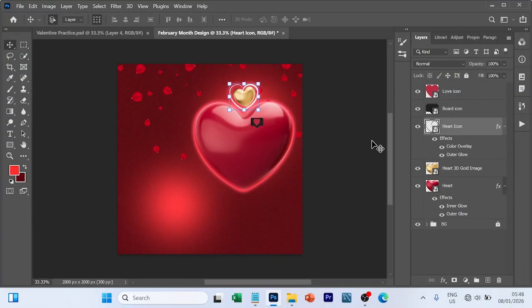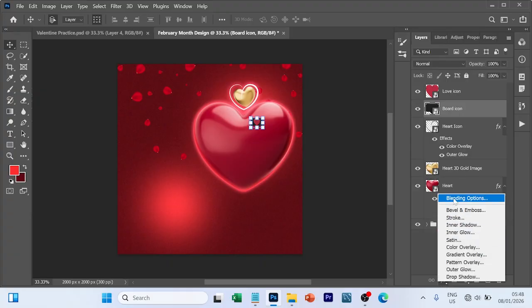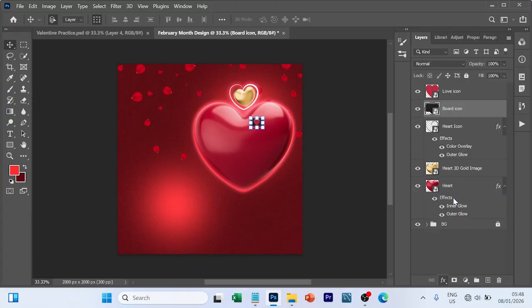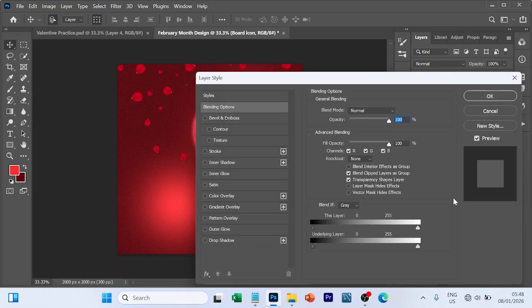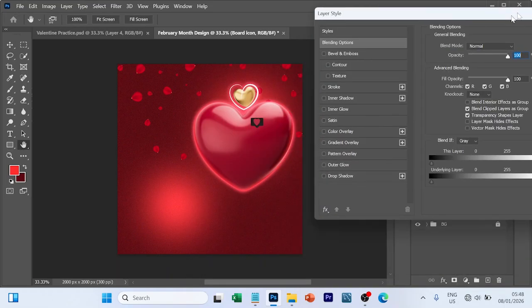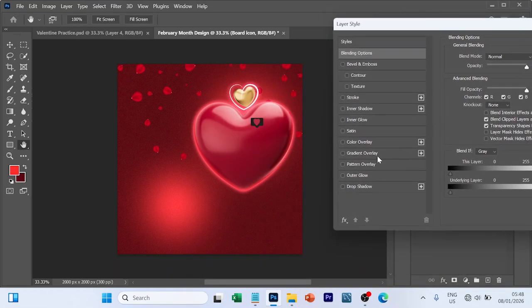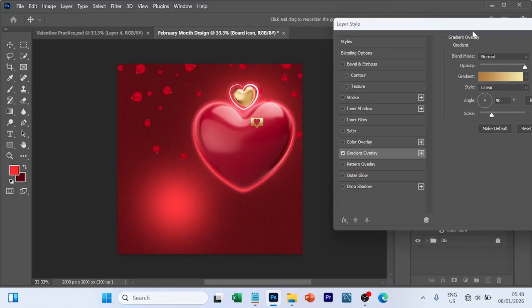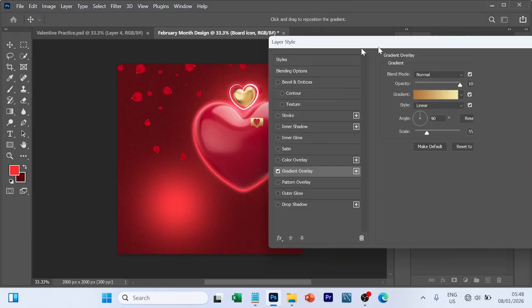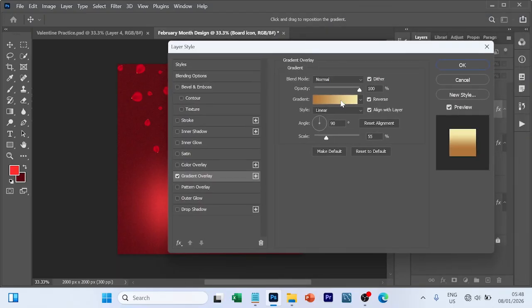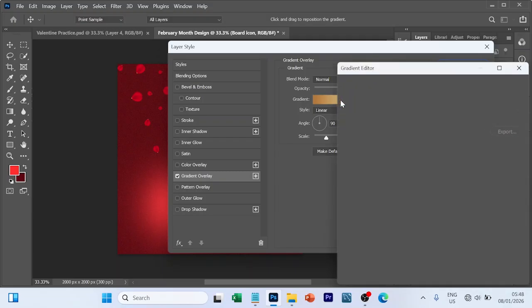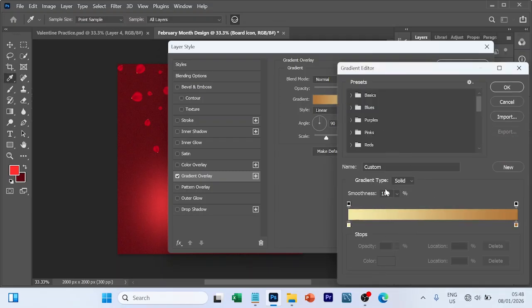Alright, so to make this, I'm going to go to effect, go to blending option, then I'm going to give it a gradient overlay. Alright, so this is the gradient overlay. These are the settings. So just go to gradient. So for this part,